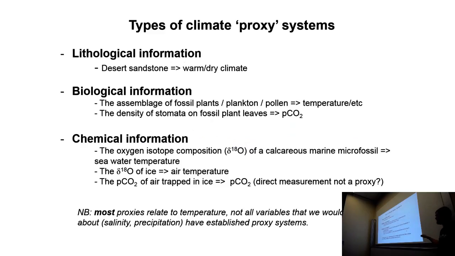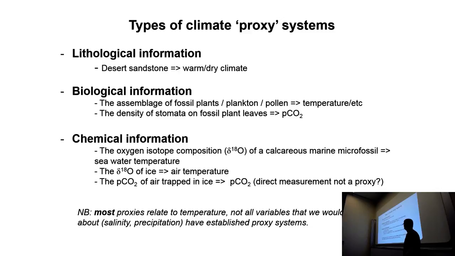So if we start off with how we know the climate's changed in the past, we can't measure directly the past climate. So we might want to know the average temperature of Scotland over 100,000 years. We might want to know the average temperature of, say, the continent Gondwana, hundreds of millions of years ago. And we can't measure that directly because no one was there with a thermometer at the time and a notebook writing down the temperature. So we do have records of temperature that are hundreds of years long, and I think